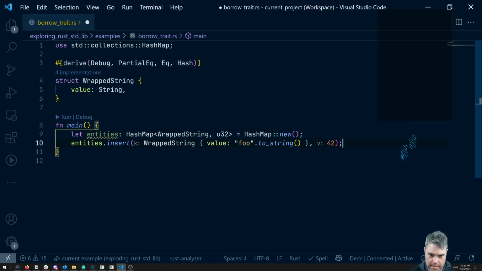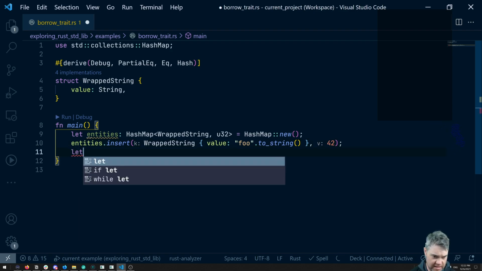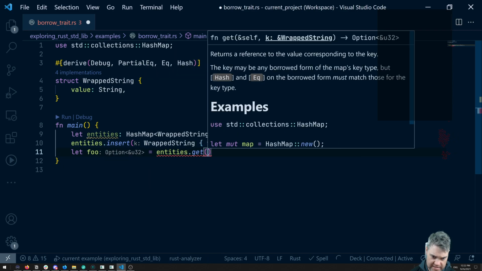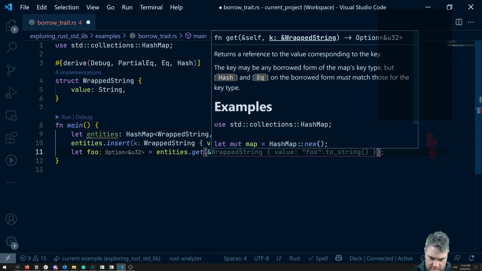So do I have to do borrow on that? Right now I think if I just do it with a reference, I think it works, right? Like let I just call this foo equal to entities dot get. If I try to do something like just a reference to